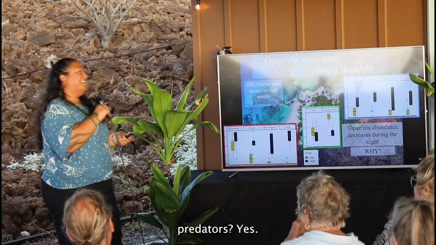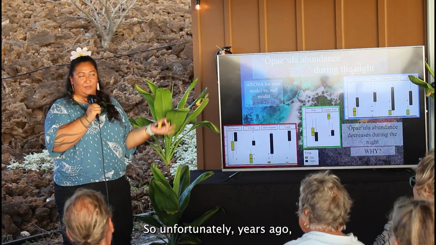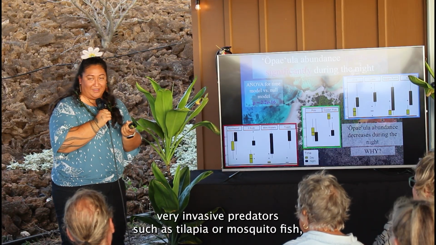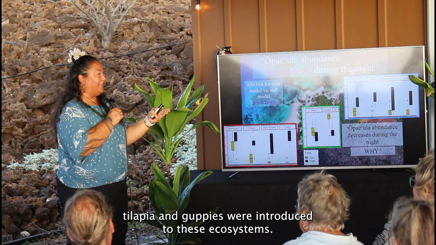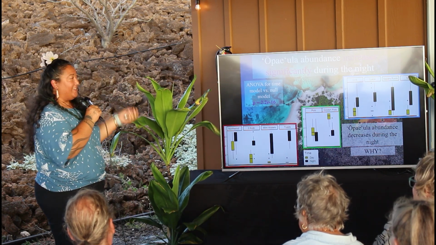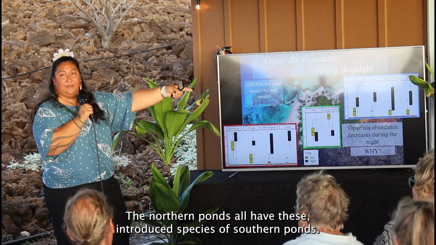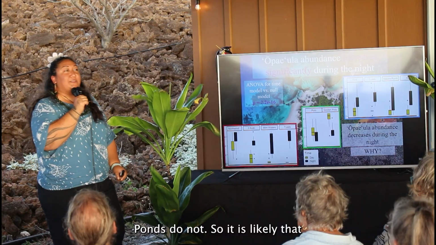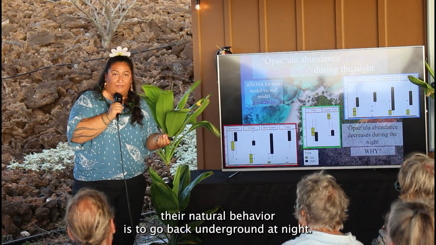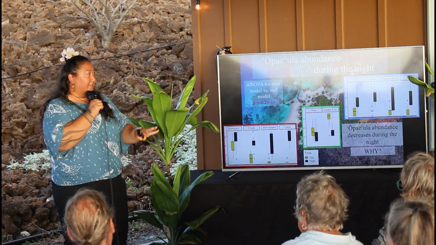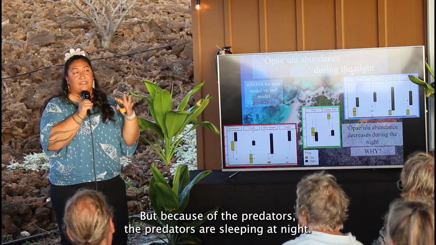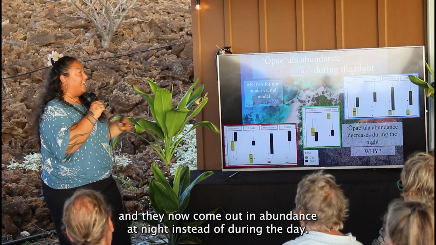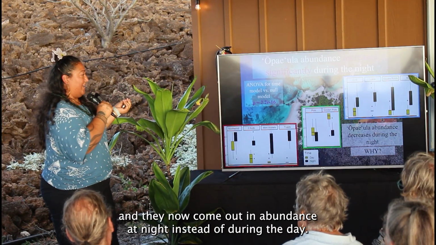Predators, yes. So unfortunately, years ago, very invasive predators such as tilapia, mosquito fish, and guppies were introduced to these ecosystems. The northern ponds all have these introduced species. The southern ponds, same, and the middle ponds do not. So it is likely that their natural behavior is to go back underground at night. But because the predators are sleeping at night, they have drastically changed their behaviors, and they now come out in abundance at night instead of during the day,